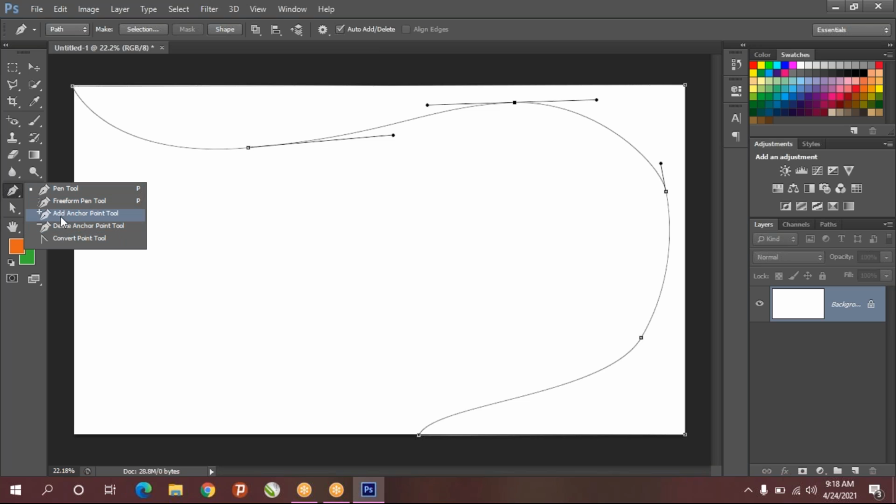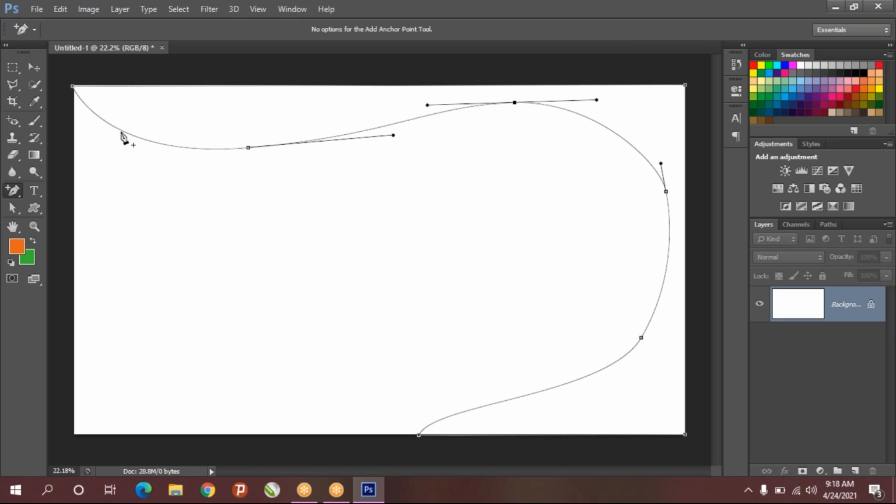Just click on the add anchor point tool. Wherever you want, just on the path, you just one click you do, automatically points will be created. So you can move it wherever you want. And we have the delete anchor point tool to delete the points. If it is not required, you can remove it.